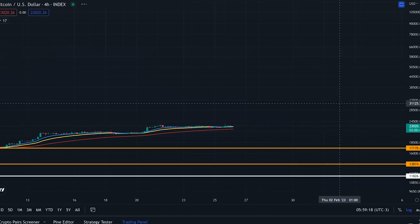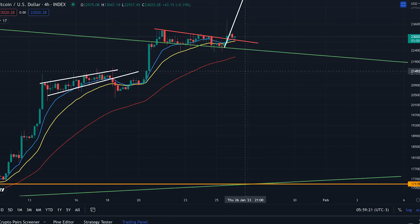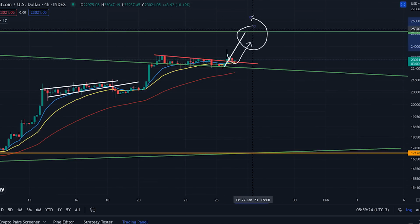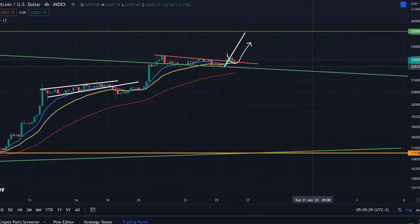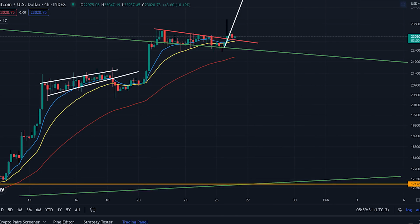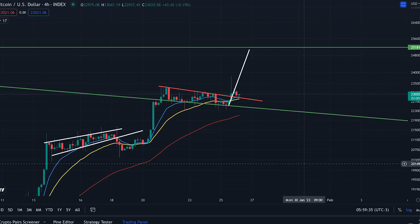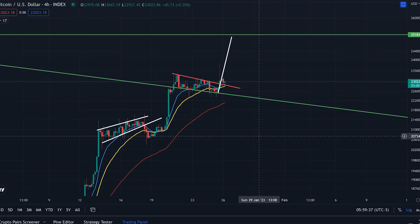So it's riding the waves. In a minute, if we can start to hold this neckline as support, then I think this is a beautiful little long up here, okay, and we're looking at that resistance point at 25k, and I think that could begin to really confirm the bottom here for the CoinsKid crew. And going forward, if we start to see the breakdown in DXY as well, the death cross, we're getting confirmation the bottom's in, and we could be looking at a massive impulsive move this year for crypto,